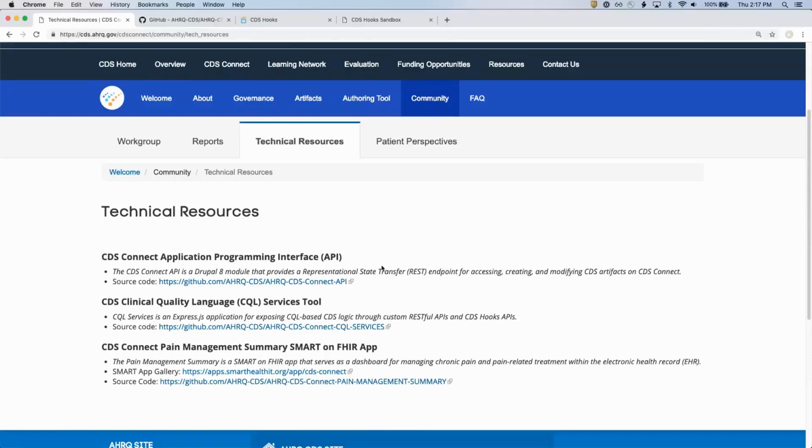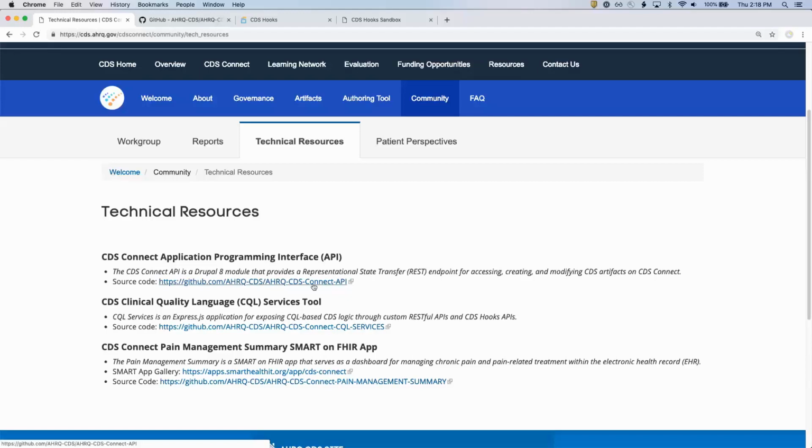Regarding the question about being able to download artifacts without an account, there are essentially two different components to that. One is the CDS Connect repository. The CDS Connect repository currently does not require an account to go and download resources as an individual user. However, if you want to do that in an automated way, if you want to write a script that's going to download things, then you would probably want to use the CDS Connect API that Ed described, which does allow you to access artifacts and